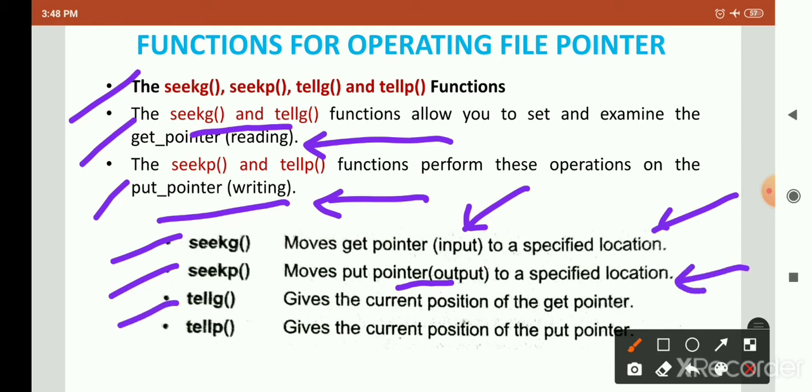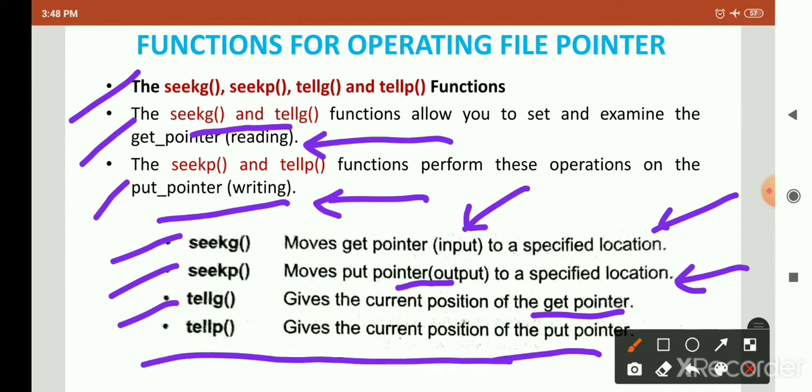Then tellg gives the current position of the get pointer, and tellp gives the current position of the put pointer. So with the help of these 4 functions, we can use a file pointer. These 4 functions are important in MCQ tests. A question may come on these functions.